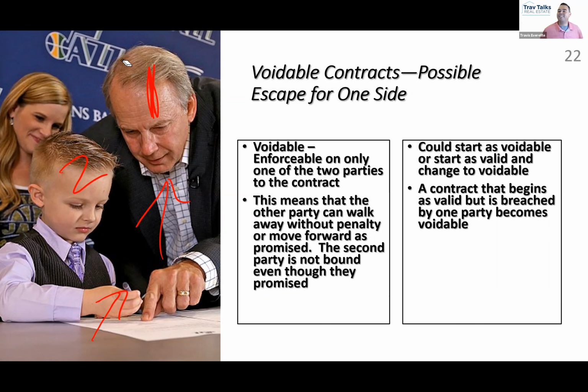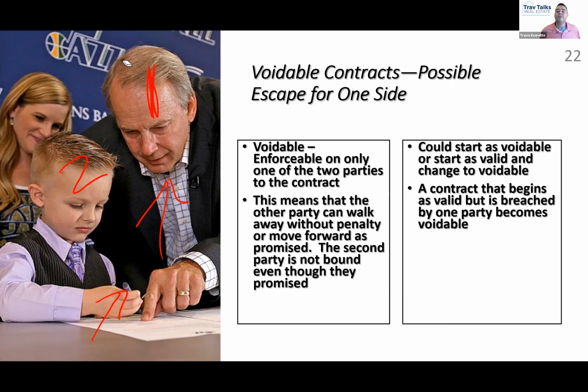And here's the interesting thing. If Aaron filed a lawsuit at that moment against Elizabeth, everybody with me so far? So Elizabeth's the buyer, Aaron's the seller. Aaron promised to replace the roof. Elizabeth said, I'm not closing because you didn't replace the roof. And Aaron sues Elizabeth. Guess what the judge would say? The judge is going to say, this is a voidable contract.